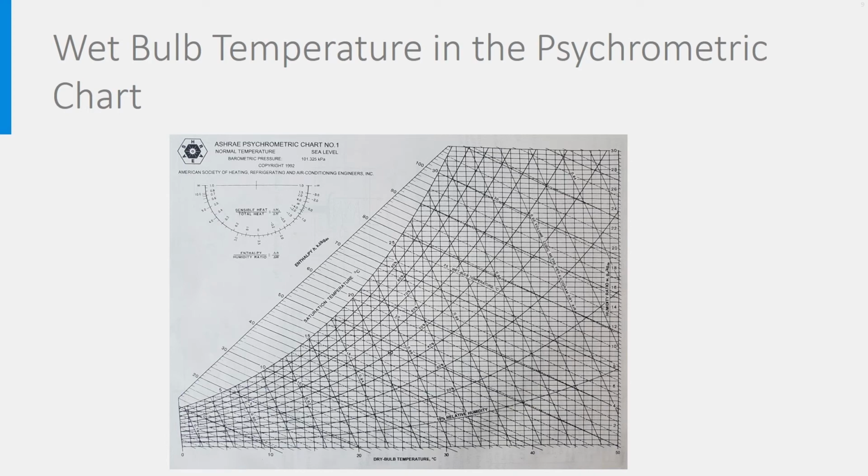Let's look now at these processes in the psychrometric chart and take again the example of humid air at 22 degrees Celsius and an absolute humidity of 1.8 grams per kilogram, corresponding to a relative humidity of 10%. To achieve a relative humidity of 30% by injecting water droplets in the air, we have to follow the line of constant wet bulb temperature, which is here, until 30% humidity is achieved. At that point, 1 kilogram dry air contains 3.8 gram water vapor, meaning that during this process 2 grams of water have been added. And we also see that the temperature of air has decreased from 22 to 17 degrees.